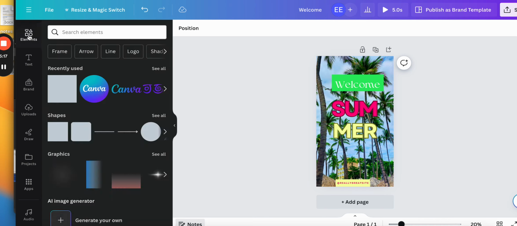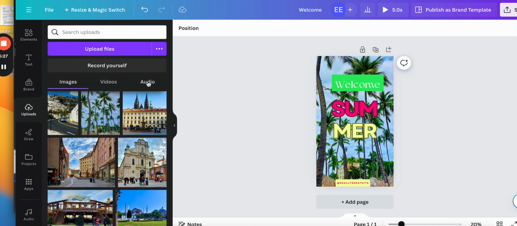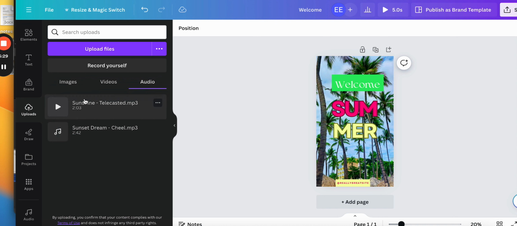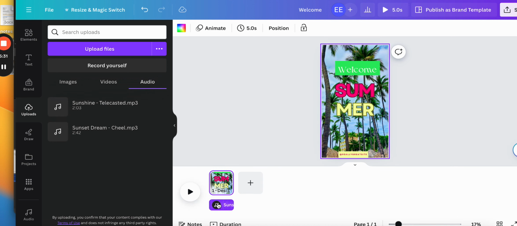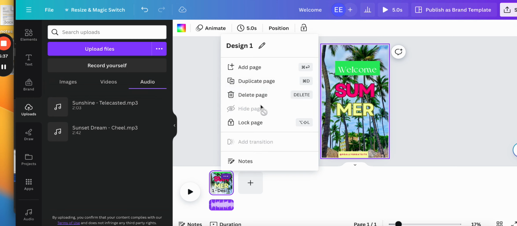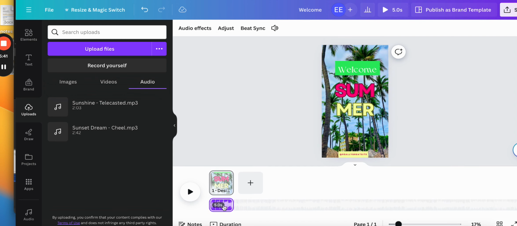Now if I want, let's say, to add some music, I can upload some files. So here I have some, and once you click on it, it will be added automatically. Here you have more options what you want to do with this slide, and in case you want to